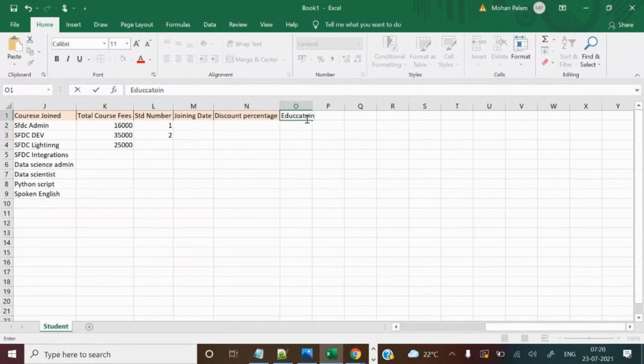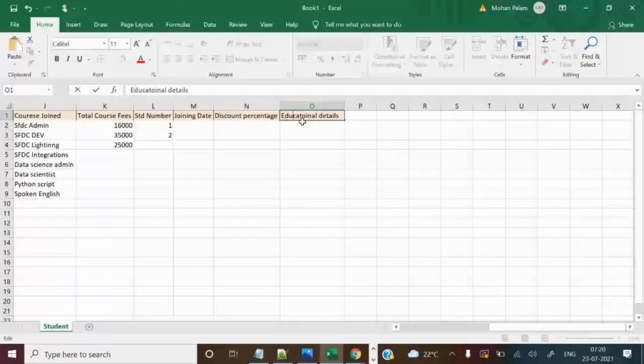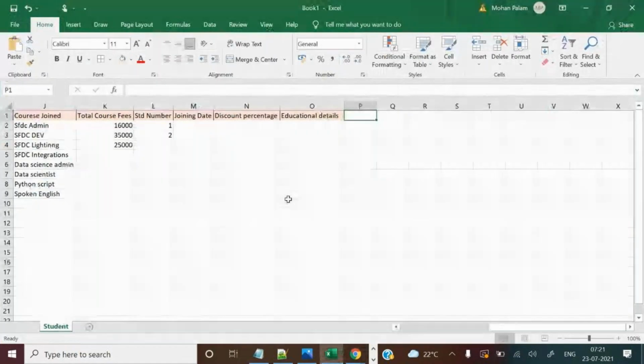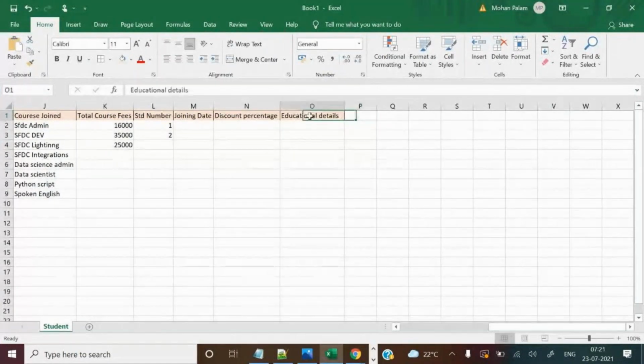Educational details. Next, text area rich. Both things we can see by using this one.